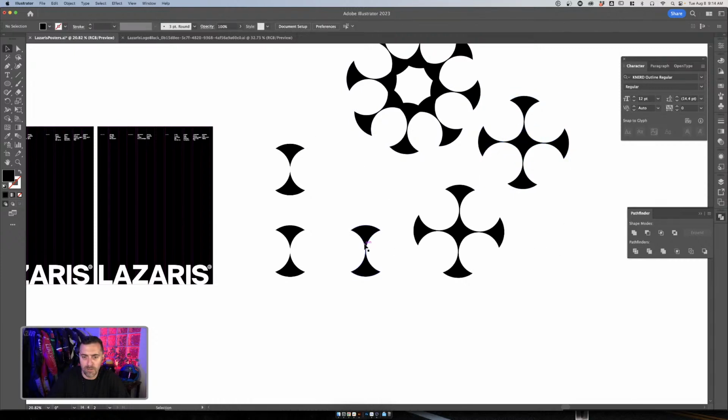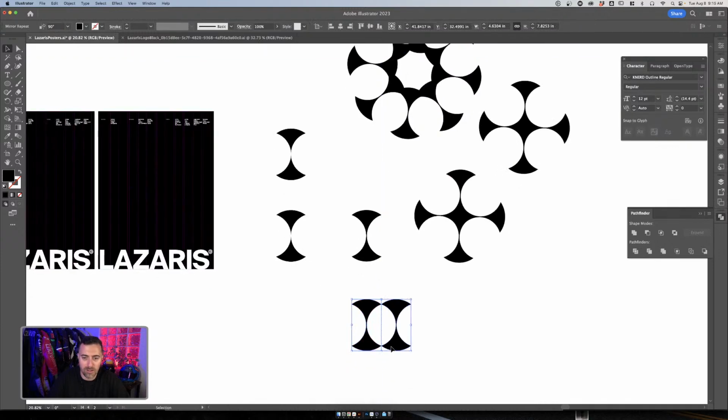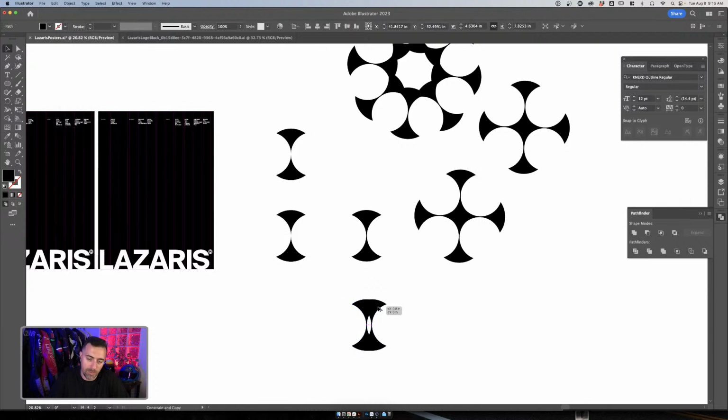Maybe we'll try another version where we take this, and instead of doing a, what was the one we just used? We used a radial. Maybe we'll do a mirror and see what happens. Oh no, mirror's not going to do what I want it to. Maybe I need to just flip it.